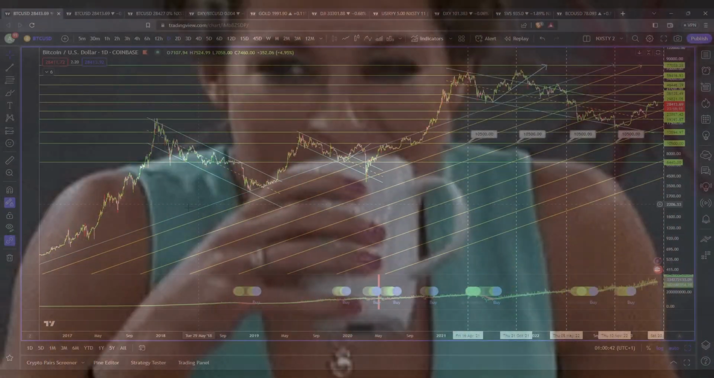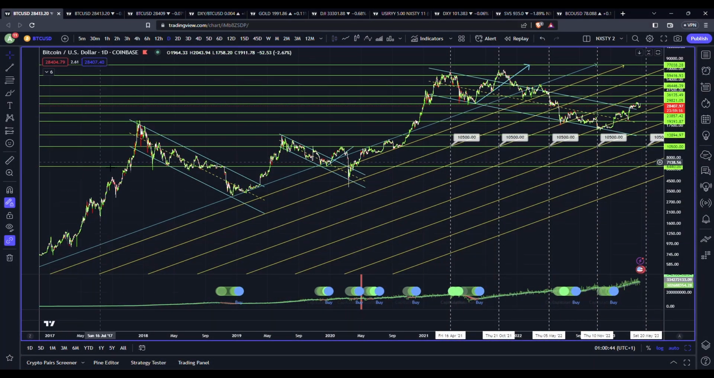As you can see, we've been following the price of Bitcoin since around the end of 2017 bull market, and you can see that we had an extended bear market, where the price found itself inside the channel, coming out of the channel,